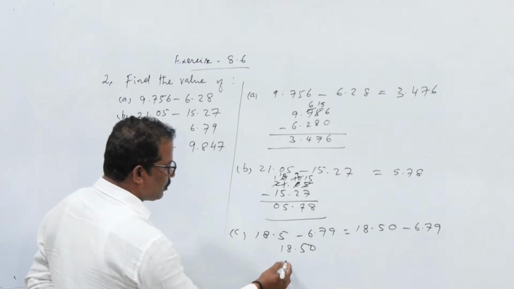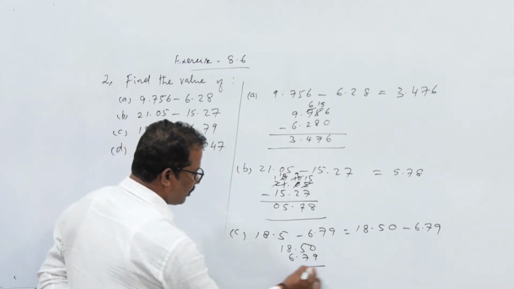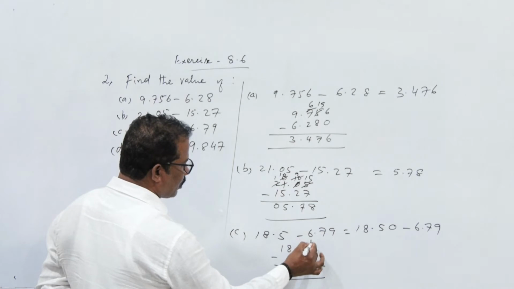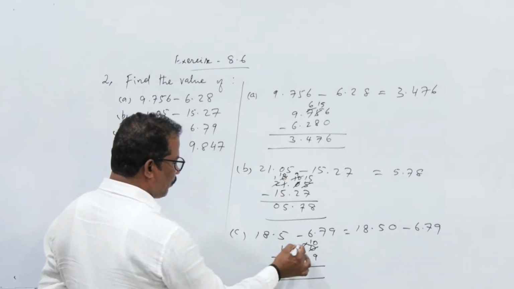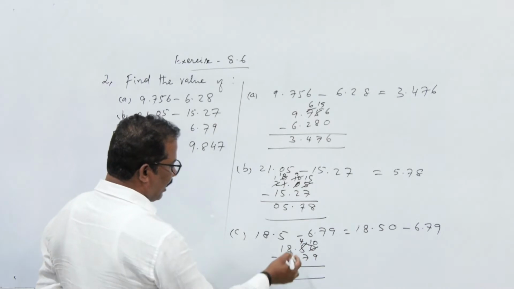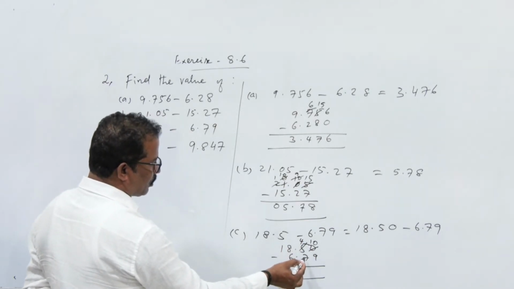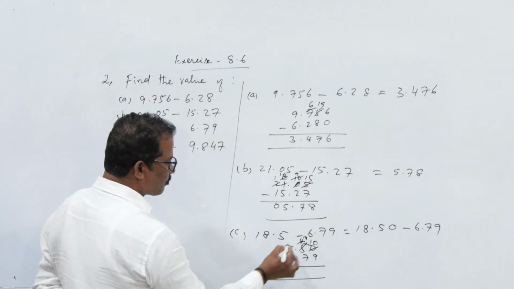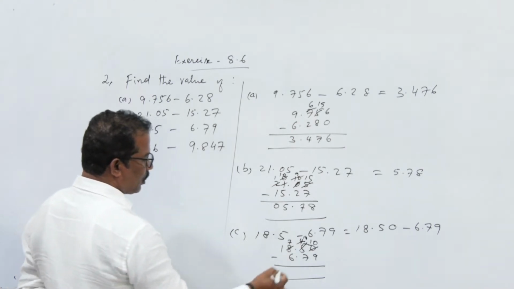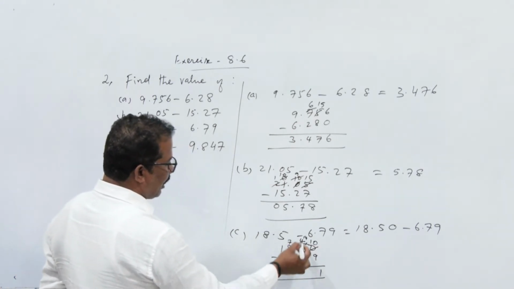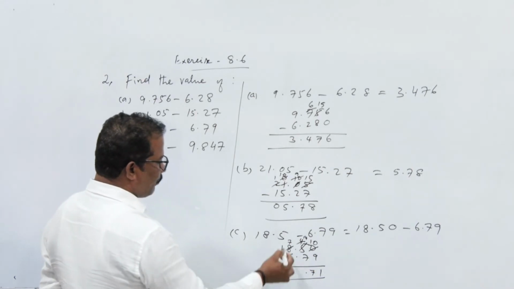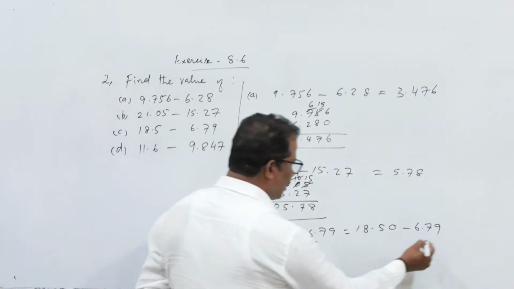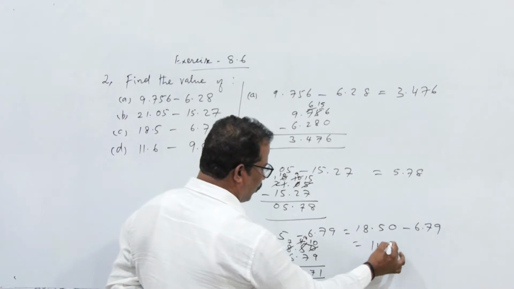That is 18.50 and 6.79 only. In subtraction you see, from 0 not possible to subtract 9. So we have to borrow 1 here. So 1 borrowed means this has become 10 now. From this 5, 1 given means here 4 remaining. And you can see from 4 again not possible to subtract 7. So we have to borrow from this 8. Now this will become 14 and here 7 will be there. So now you can see 10 minus 9 is 1, and 14 minus 7 is 7 only, and 7 minus 6 means 1 only, and here nothing is there, only 1 is there, means as it is 1. So what the difference we got here, that is 11.71.